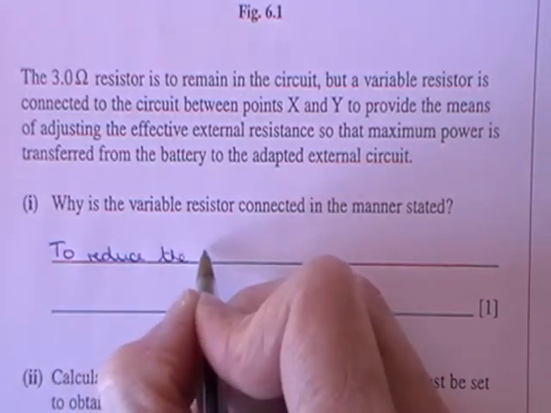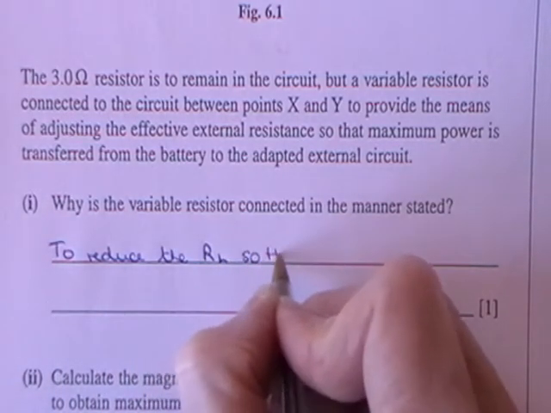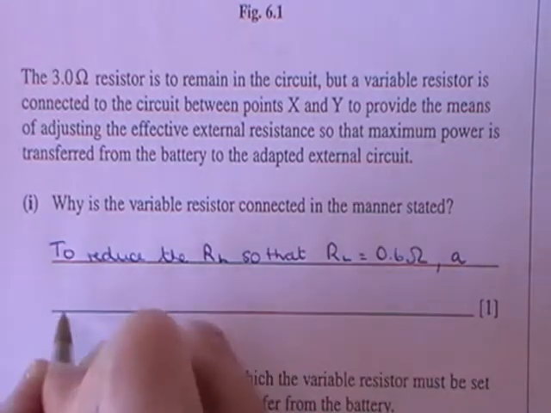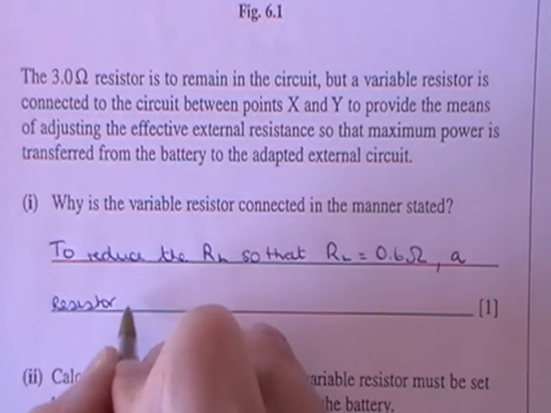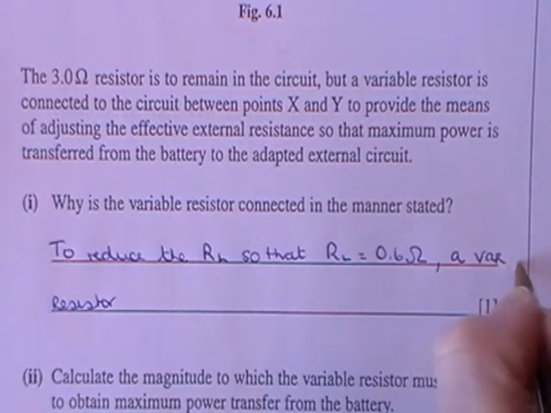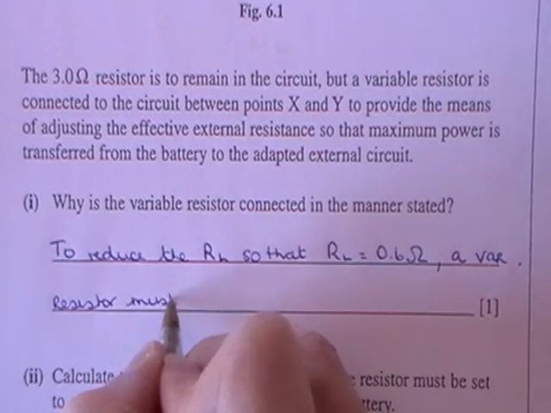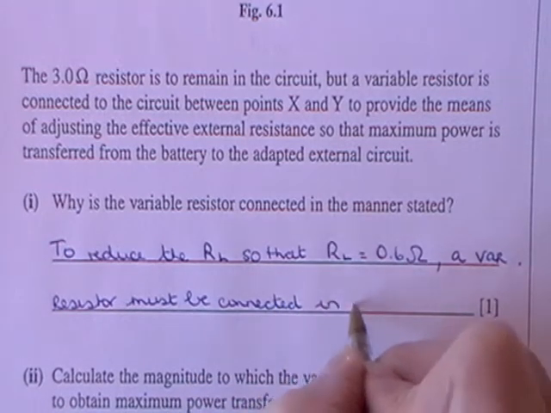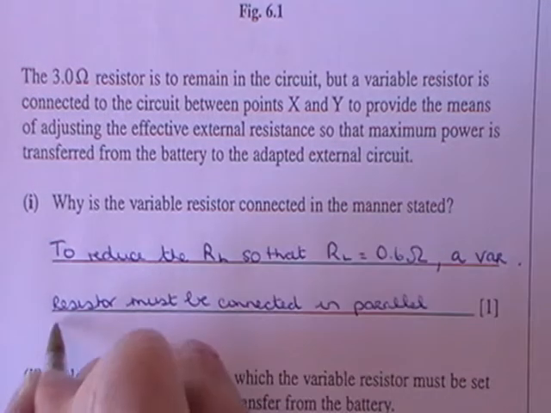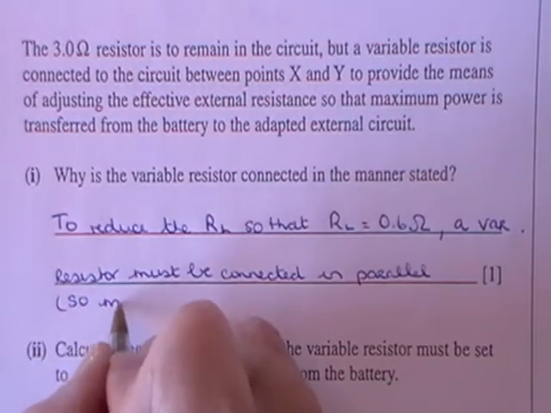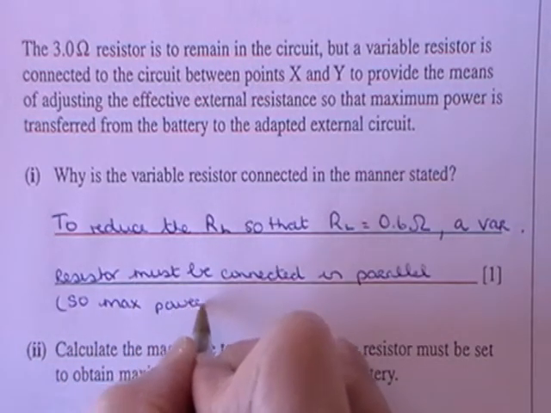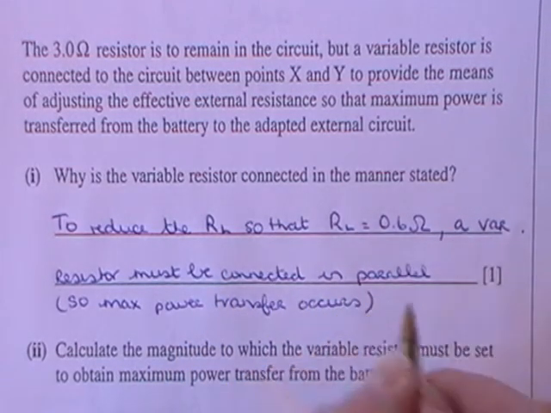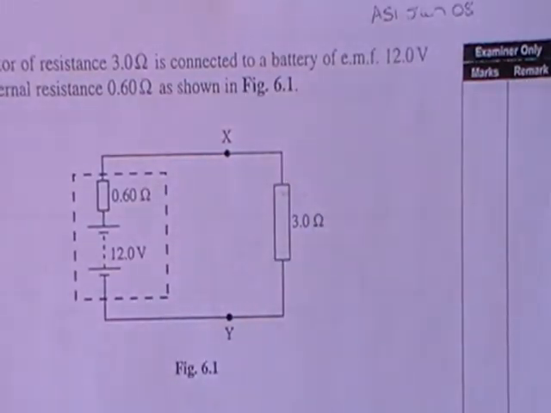the load resistance so that RL is equal to 0.6 ohms, a resistor must be connected. Or a variable resistor, I suppose I put in there, a variable resistor must be connected in parallel. And I'll just put in brackets, so maximum power transfer occurs. So if you put another resistor in series with this, that wouldn't work because it would just increase the load